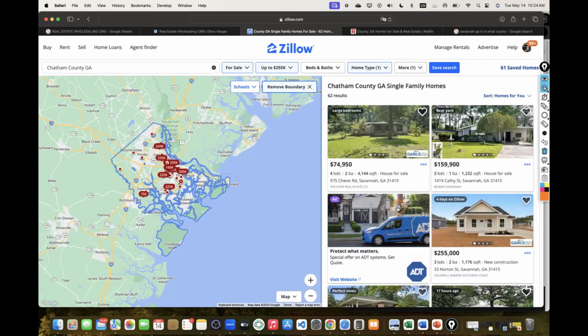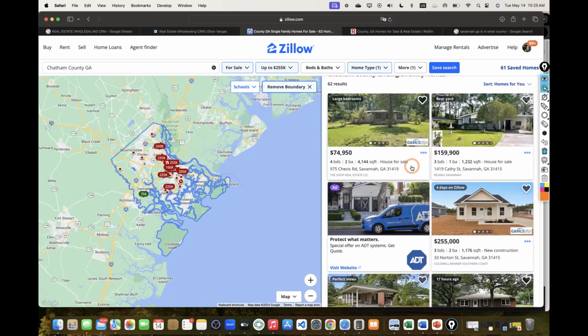Once I start looking at what has sold, I'm going to be finding out what kind of properties sell the fastest. Is it properties close to 800 square feet, 900, 1,000, 1,400, 2,000? You're going to be able to see what actually sells. What I've noticed through analyzing multiple markets is that between 950 all the way up to 1,400, 1,500 square feet, those are the ones that sell the most and the quickest overall in a lot of markets that I've analyzed.